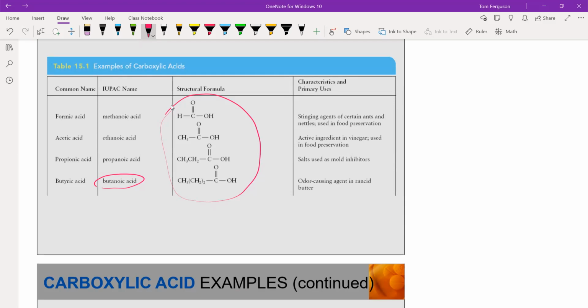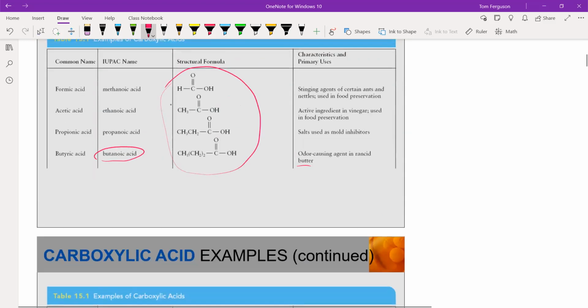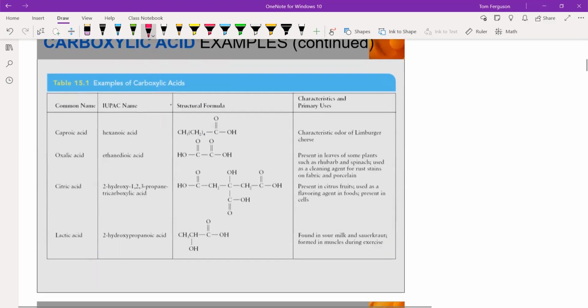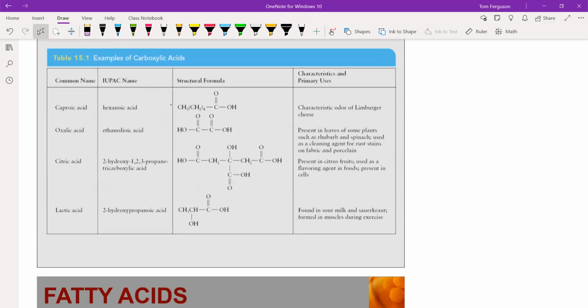It is what makes cream smell and what makes butter smell when it gets old. And it's a 4-carbon acid. Acids are really common in a biochemical world. The main important thing to remember about acids